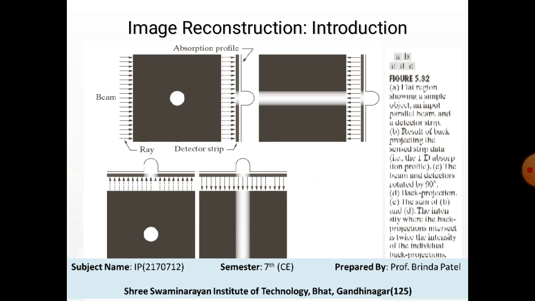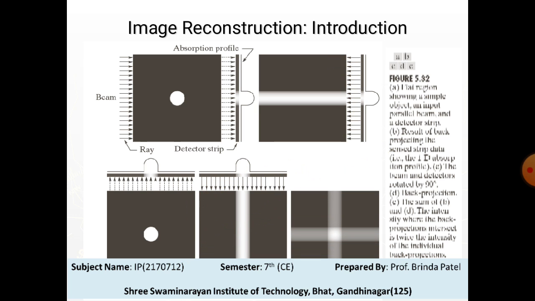If we continue to reconstruct by adding this result to the previous back projections, we will get a result like this. Now we can tell the object of interest is contained in the square shown, whose amplitude is twice the amplitude of the individual back projection. A little thought will reveal that we should be able to learn more about the shape of the object in question by taking more views, right? Like this figure.